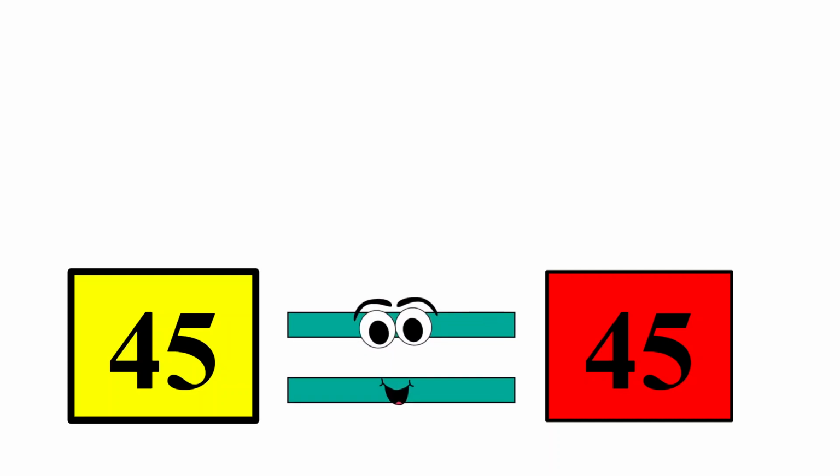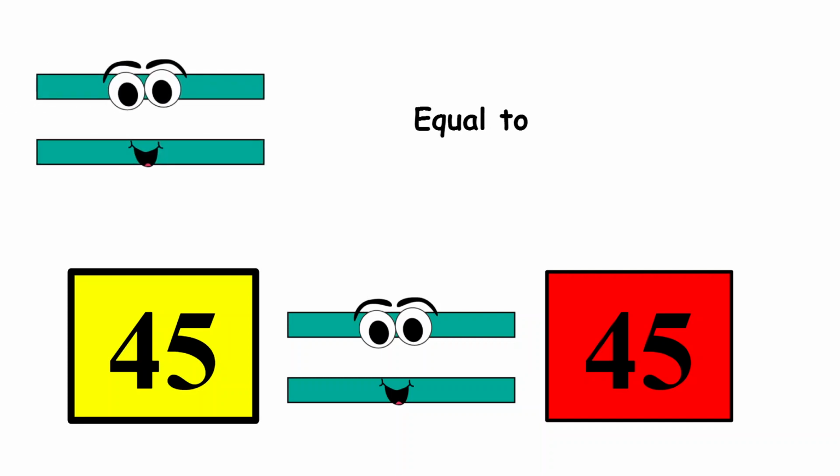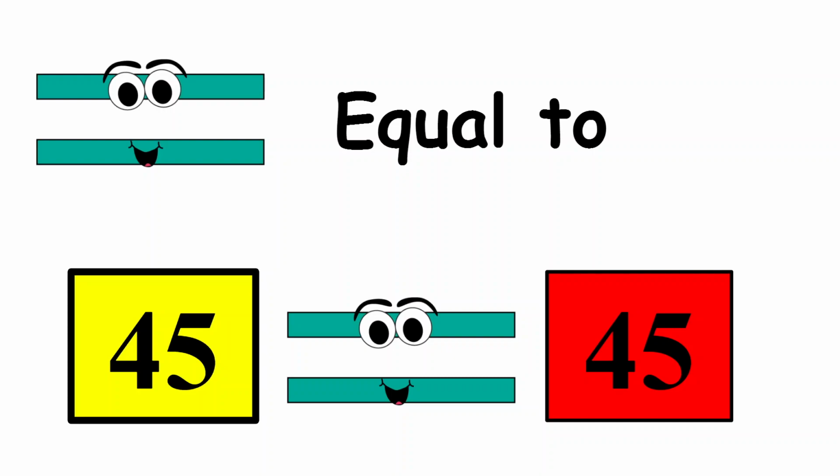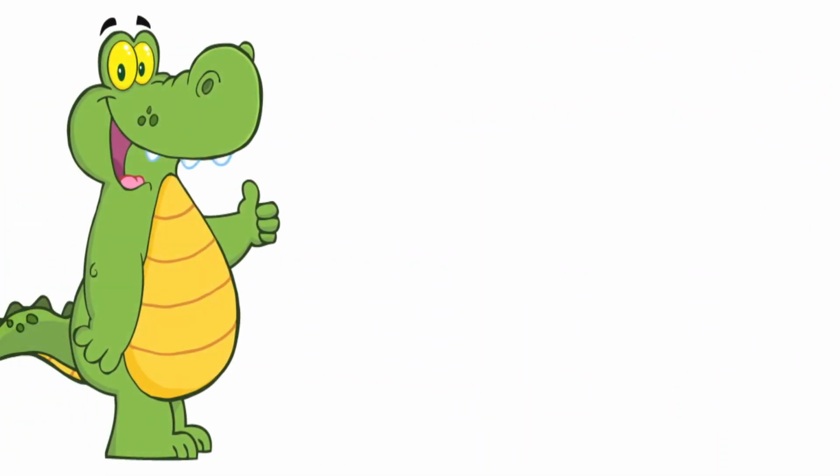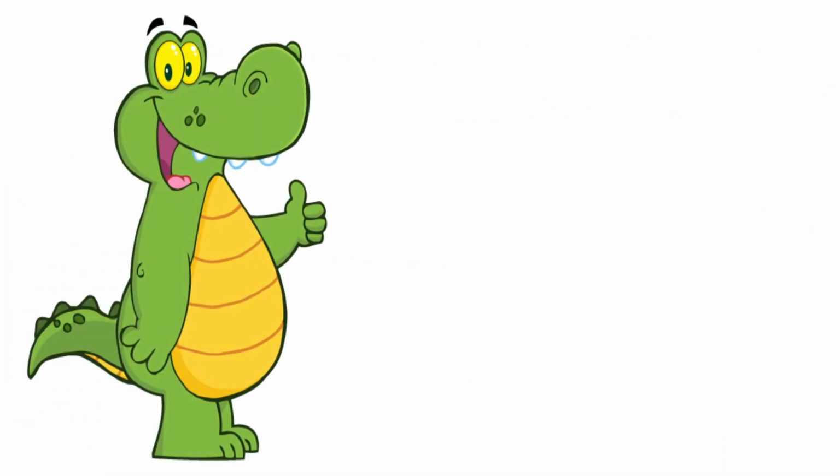Now, again we have two numbers, 45 and 45. Now, both the numbers, as you can see, are the same. So now the crocodile is confused: which one should I eat? So it is not going to eat. So these both numbers are happy with the equal to sign. So this symbol is called equal to. Both are equal.